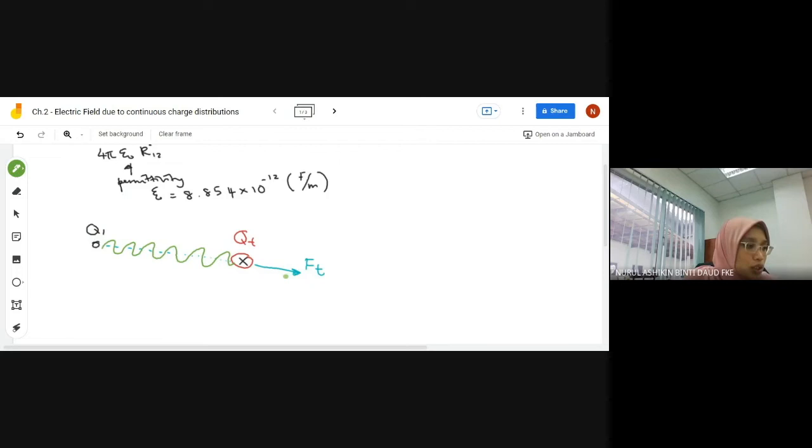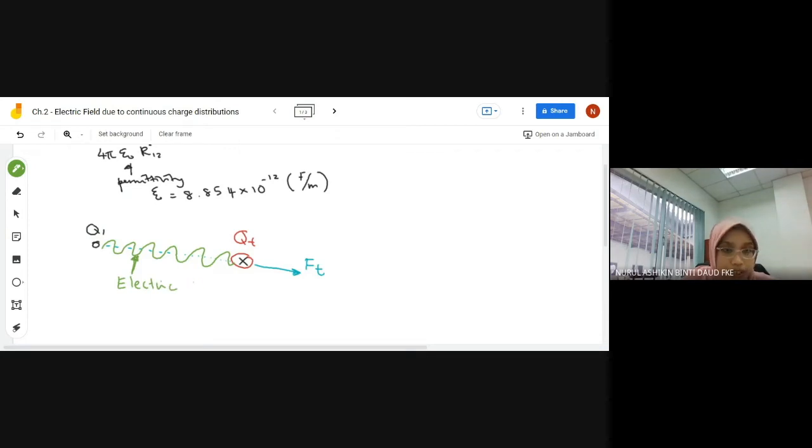We don't know anything, but we know something has been done in order to form a force at Qt from Q1. This something which must exist is known as